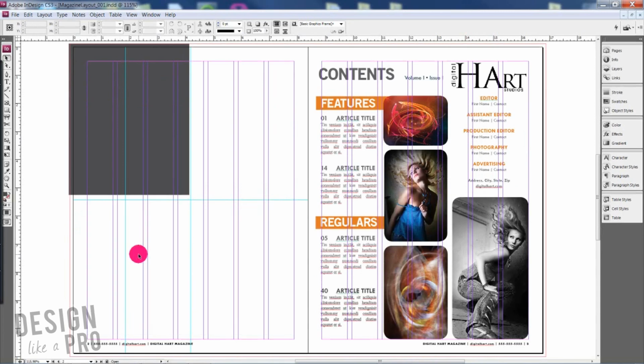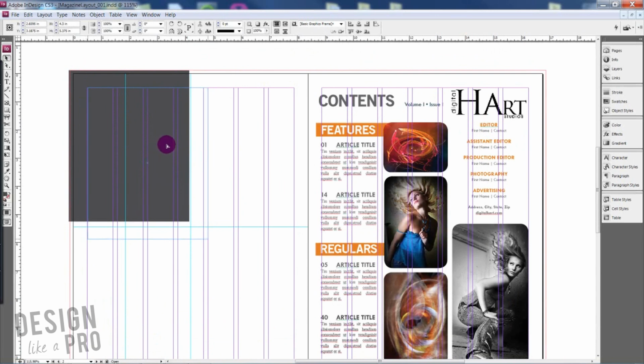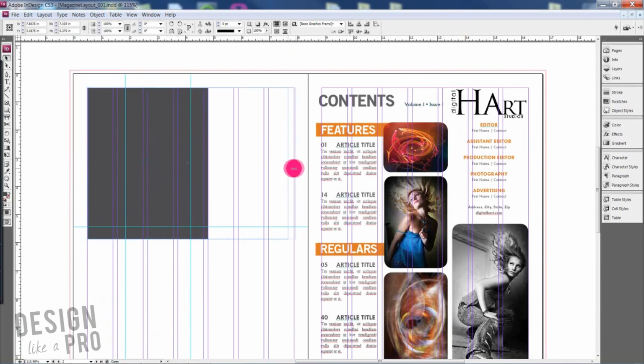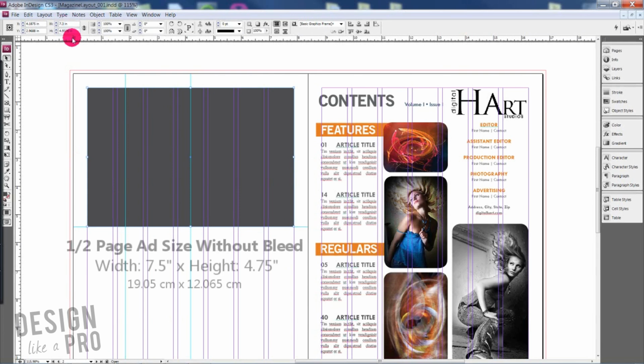If we want to deal with half page, it's the same basic setup. You would take your box here again, and you would drag it all the way to the halfway point and our halfway line. Okay, so that would be a half page ad without a bleed. And again, our sizes are slightly weird, so I usually clean this up a little bit to leave this at, let's say, 7.5 inches wide by 5